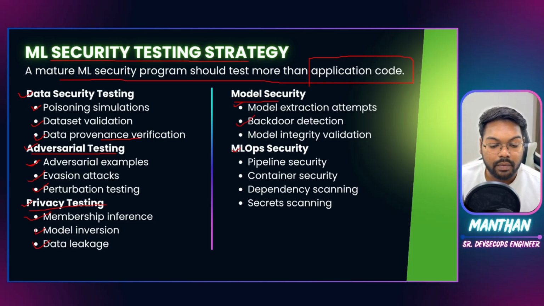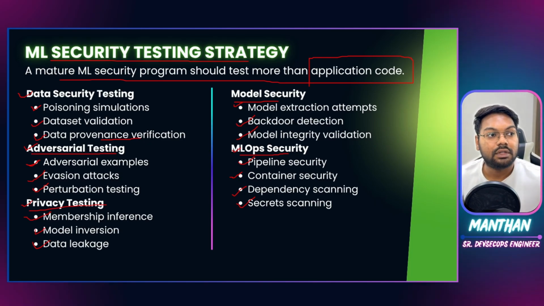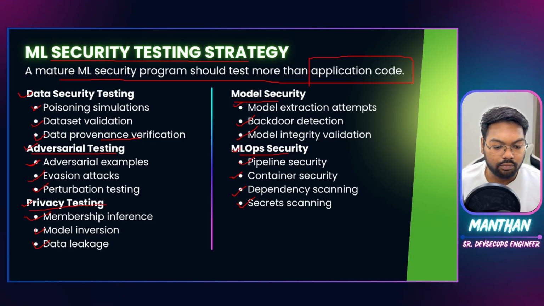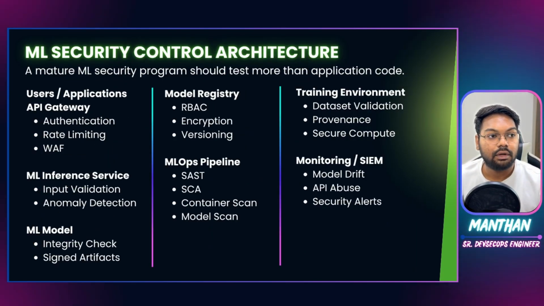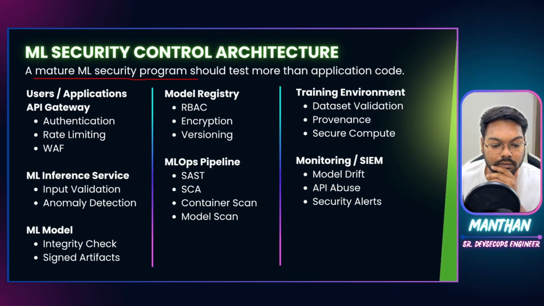And then backdoor detection, model integrity validation, and then for ML ops security, you can go with pipeline security, container dependency, and secret scanning. So these are the few things that your security program should involve on these different layers, as we discussed earlier. So what are the different control architectures that you can implement for it? First of all, on ML